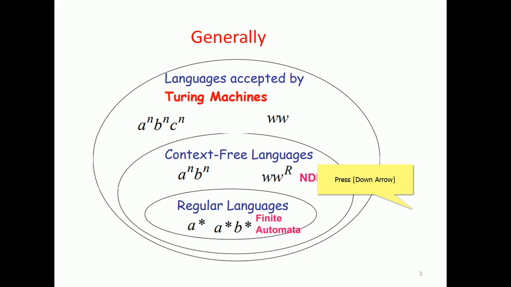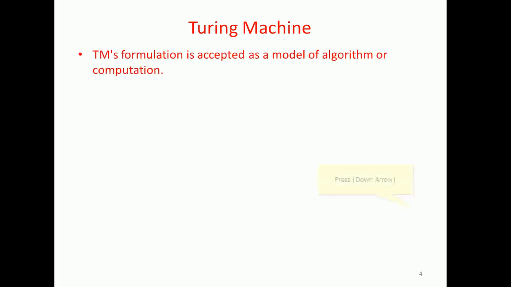So the finite automata, push-down automata and Turing machine model accept those languages, a general concept laying down some foundation to discuss the Turing machine theory and its continuation. Coming to this Turing machine,